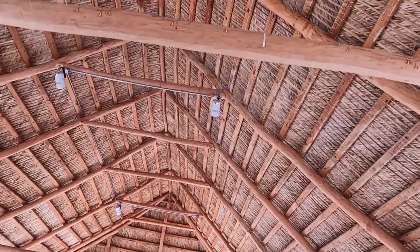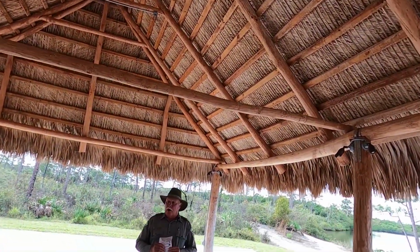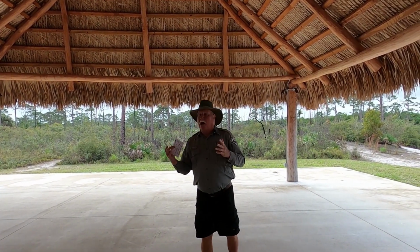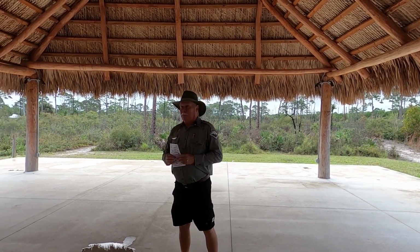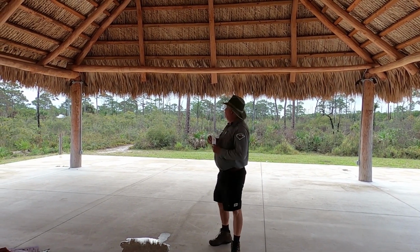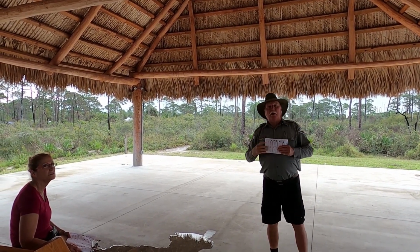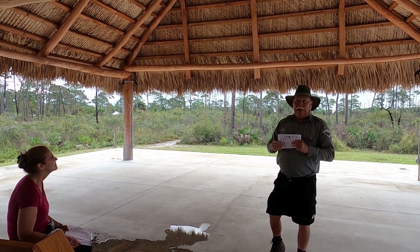We are slowly but surely working on this. This is a new addition to the park. The whole thing is so that during this time of year, winter time, when it's cooler, I can actually do programs out here during nighttime or daytime. It is going to have a screen coming down and a projector like we have at the Kimbell Center as well, and an area up here for me to hook up a computer to it